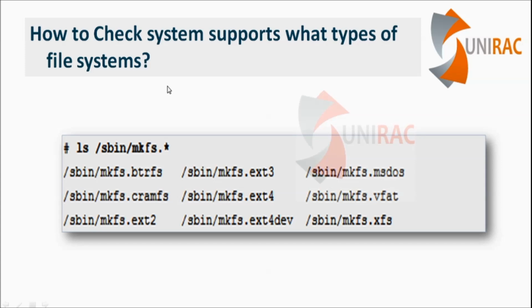But we should know which types of file systems your system supports. Whether you have installed Oracle Linux 6 or Oracle Linux 8, you should know whether it's supported or not. To verify this, we can use the ls command: ls /bin/mkfs.*